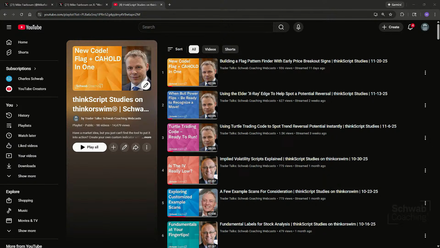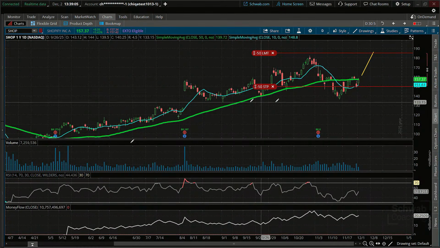If you find that interesting, Cahold being closed above the high of the low day, this stock might very well come up on it as well, but you just get different ones that come up at different times. Click on it, let me know if that works or not. Sometimes those don't work, but anyhow, it might work, it might not. Anyways, it's under the ThinkScript group. All right, that's our first one.